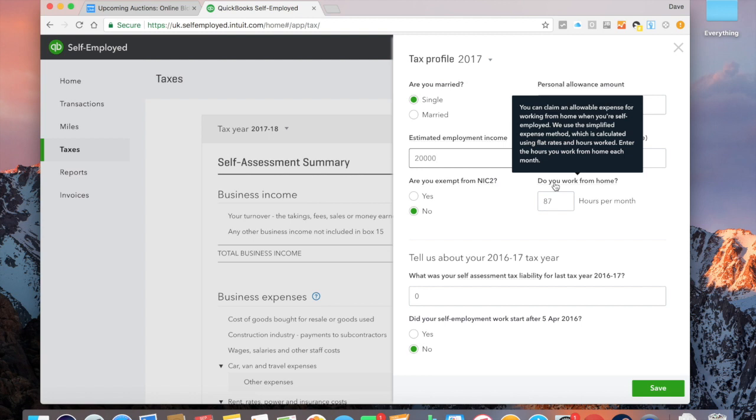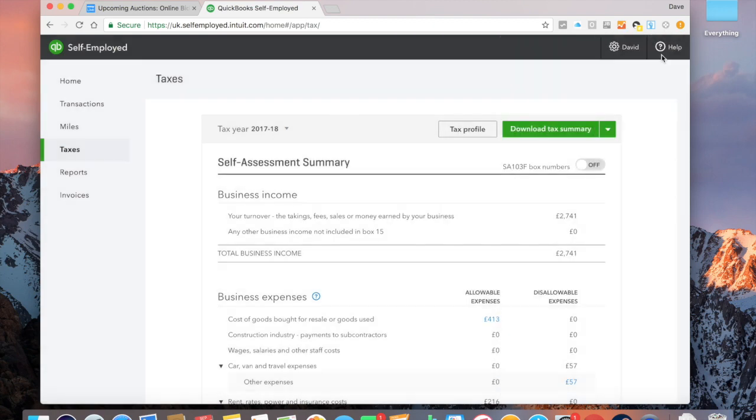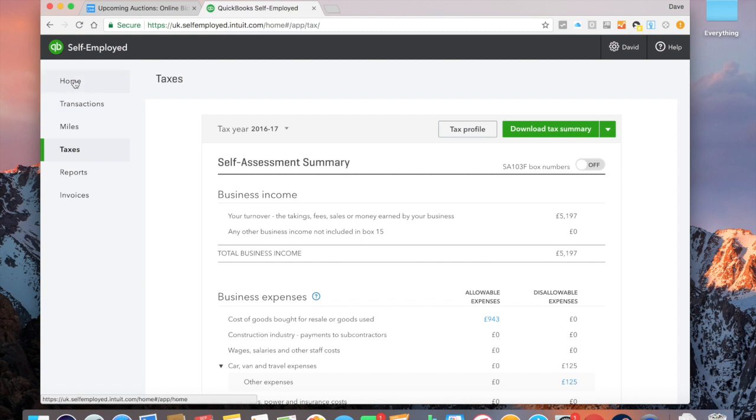And then there's a bit here which I need to work out. Okay. So the same will go if I go to last year, click tax profile, see the personal allowance has changed. So apart from that,